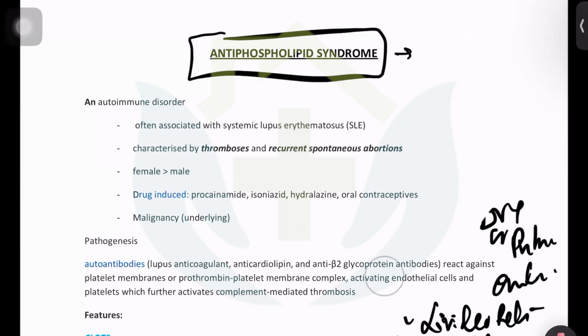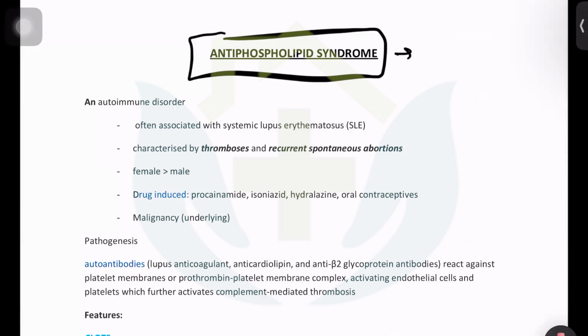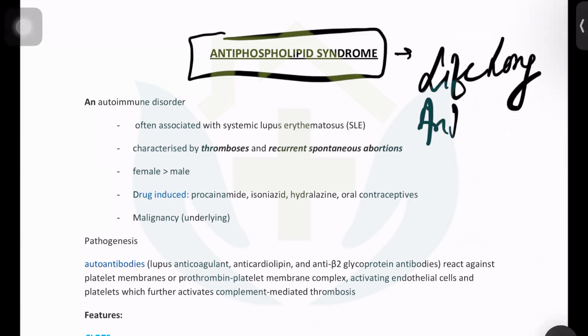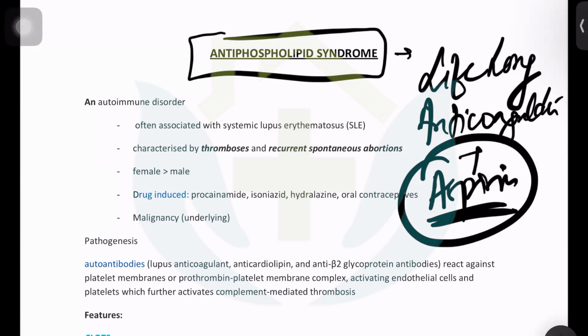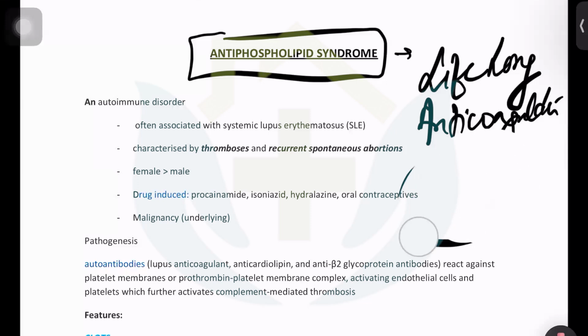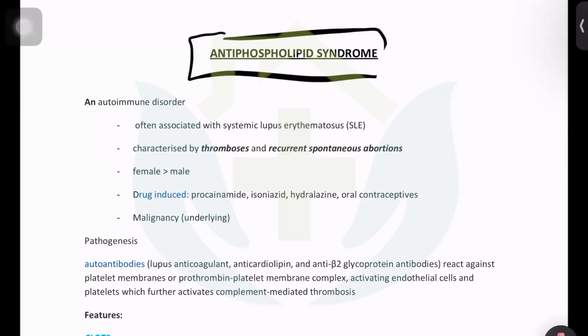Classical presentation will be like this. And then they will be asking you the treatment. So the classical treatment is lifelong anticoagulation plus aspirin. This is latest, that you have to add aspirin to warfarin. And if the patient wants to become pregnant, they need to continue aspirin and take injectable low molecular weight heparin